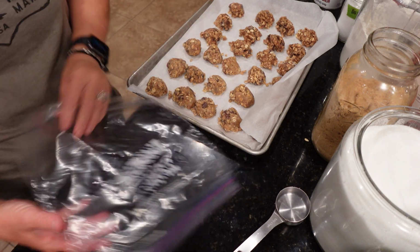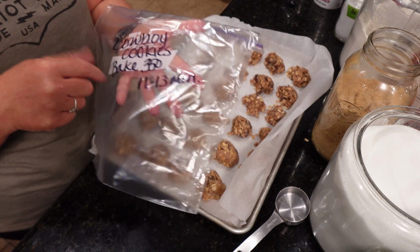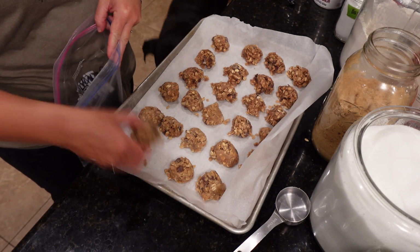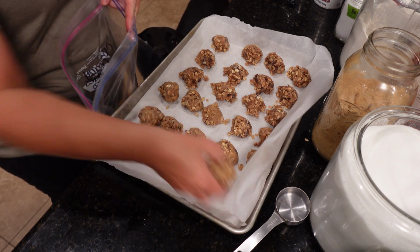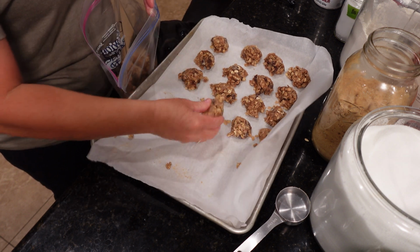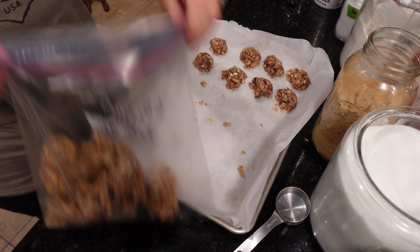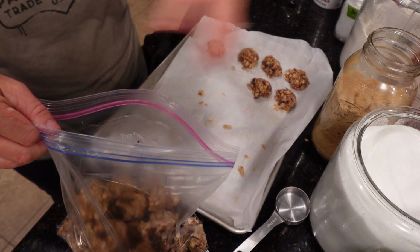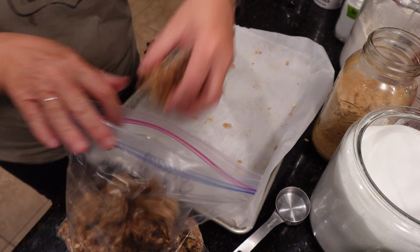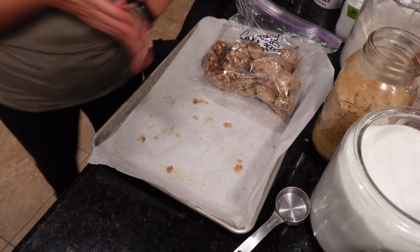Okay, so I took the cookies out of the freezer and I labeled the bag Cowboy Cookies, baked 350, 11 to 13 minutes. So now whenever we want a quick snack after dinner, I can just pop a couple of these in the oven and we can have some homemade cookies. So these will go in the oven, and then